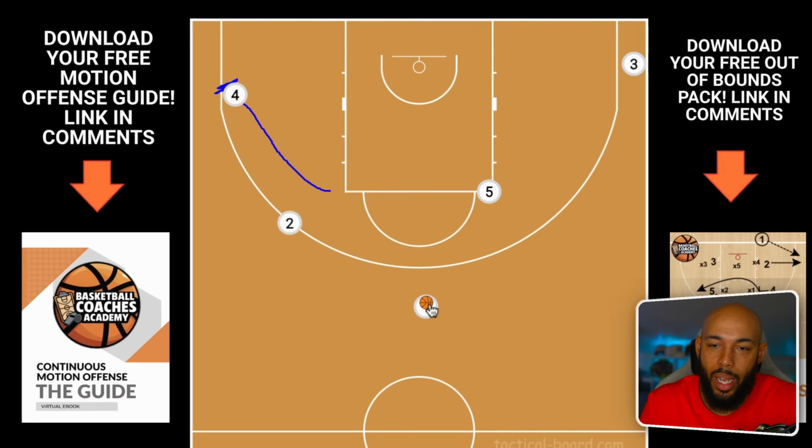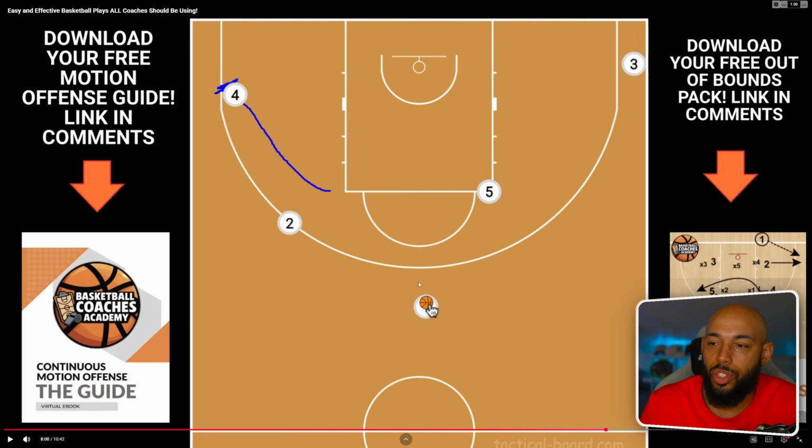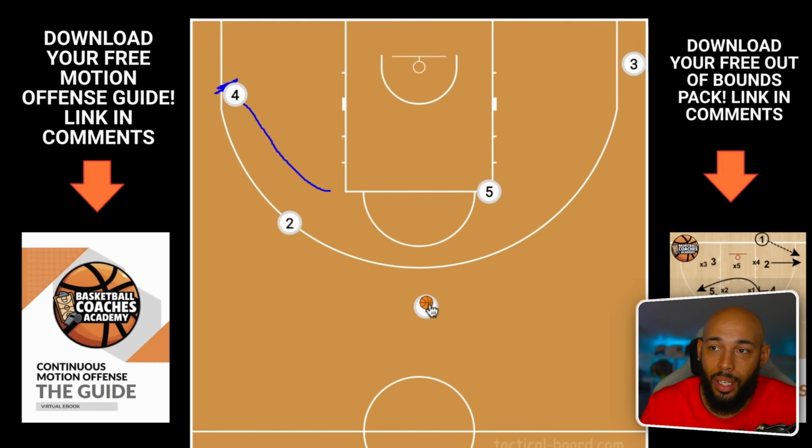I feel the same way about set plays. Coaches that have grown up with set plays and very rigid actions and how you move really struggle with teaching players how to play. Again, that's why I think you should teach your motion, teach your concepts, don't teach plays. Not because plays are bad, but